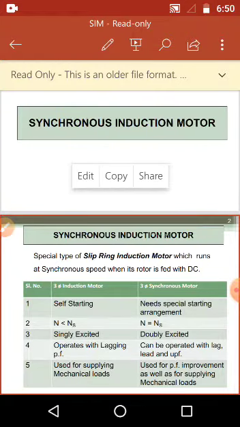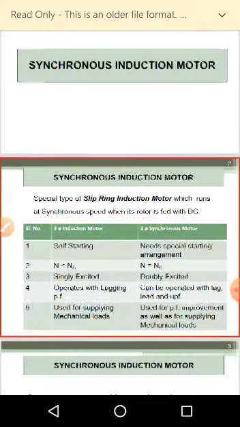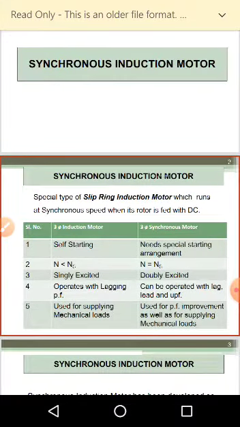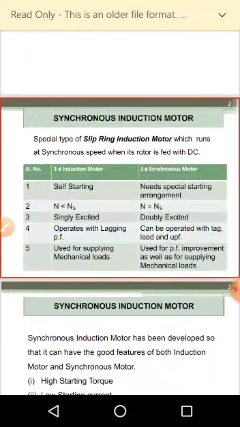While when you look at a synchronous machine, the machine always runs at a synchronous speed, which is a constant speed. So, if you can combine both the advantages, that of an induction machine as well as a synchronous machine, the machine is known as a synchronous induction motor. So, the peculiarity of our synchronous induction motor is that it runs at a constant speed and there is a provision to add external resistance by which we can improve the starting torque.